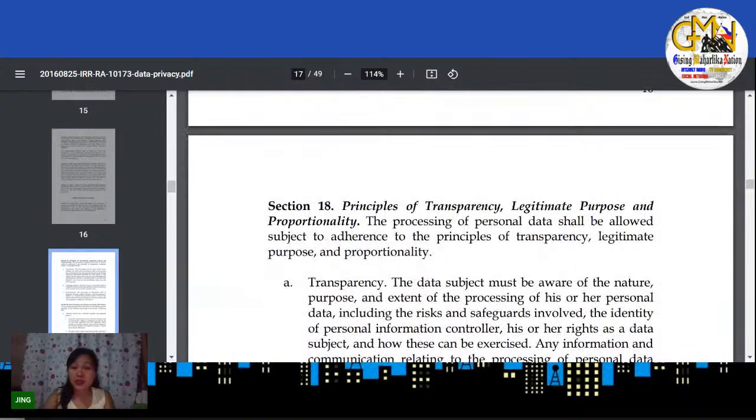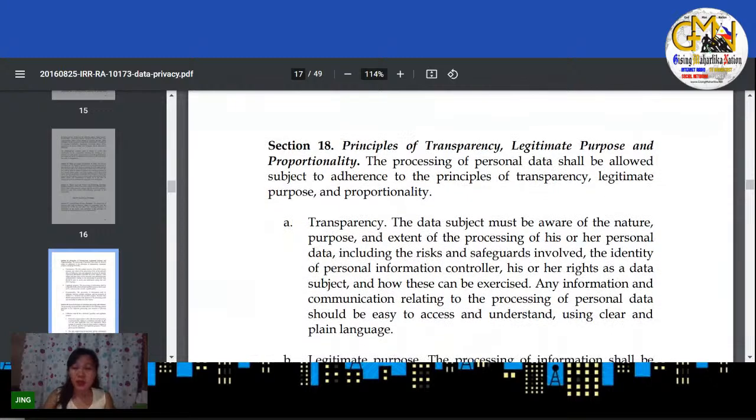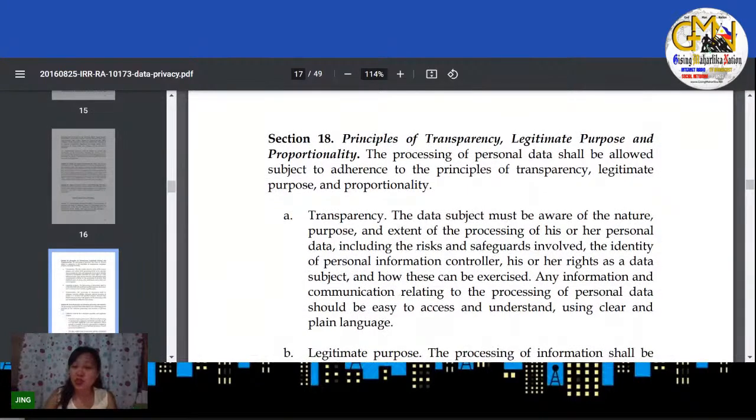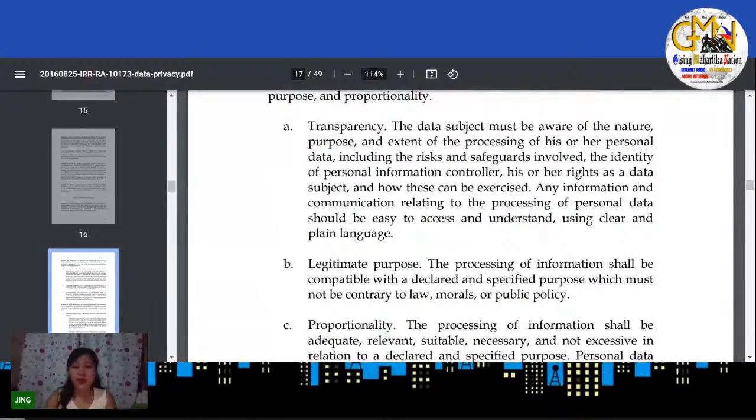Section 18, Principles of Transparency, Legitimate Purpose, and Proportionality. The processing of personal data shall be allowed subject to adherence to the principles of transparency, legitimate purpose, and proportionality. A. Transparency. The data subject must be aware of the nature, purpose, and extent of the processing of his or her personal data, including the risks and safeguards involved. The identity of personal information controller, his or her